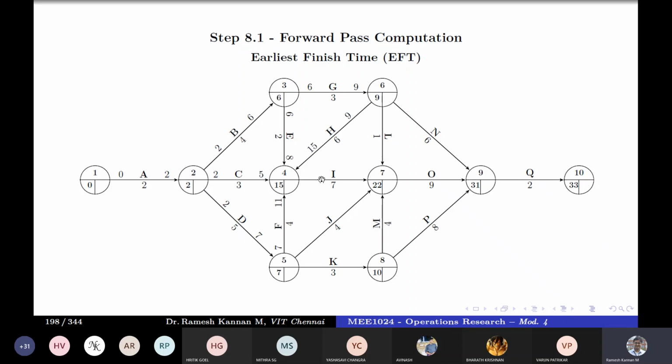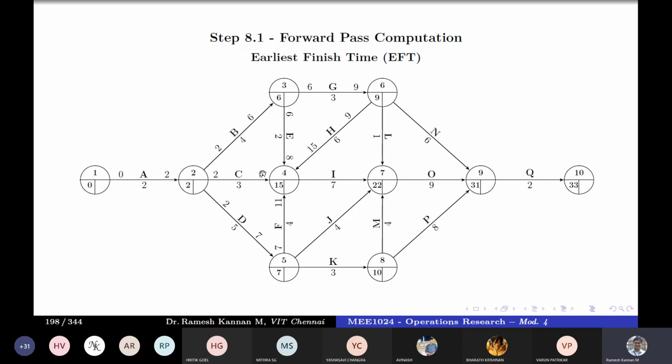Let's take a look at I. I depends on C, E, F, and H. I repeat, activity I depends on C, E, F, and H, right?